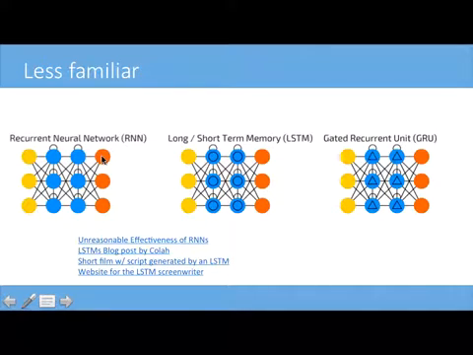Now you have to deal with time dependencies as well, or what is probably more general, a sequence dependence. So these neural networks, because of this extra loop, are really good at understanding time series data as well as sequence data. This extra loop gives the network a state, and so you can imagine that would be pretty important for